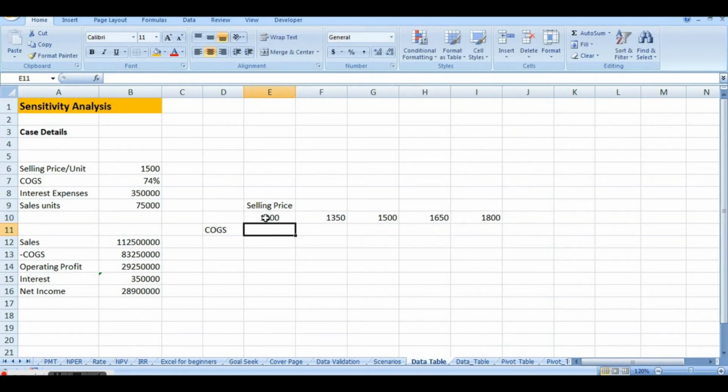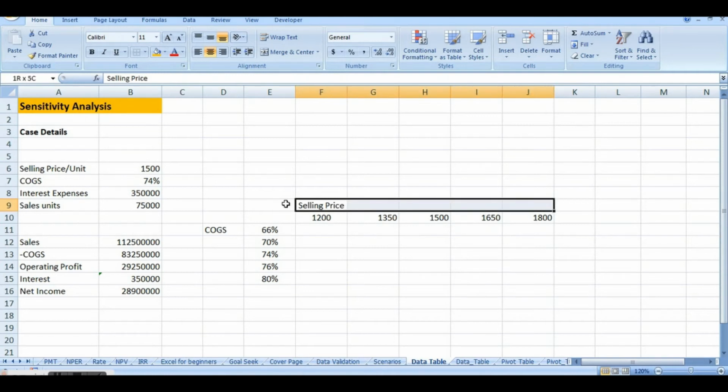The COGS presently is 74%. We'll consider that again as a middle point. It is not necessary to consider that as a middle point. You can put any variables or any changes into it you want. We'll consider 66% as the COGS of the organization at some level, 70% at some level, 76% at some level, and maximum it can go is, say for example, 80%. Now you want to find out the impact of these two variables, change in these two variables on the profit